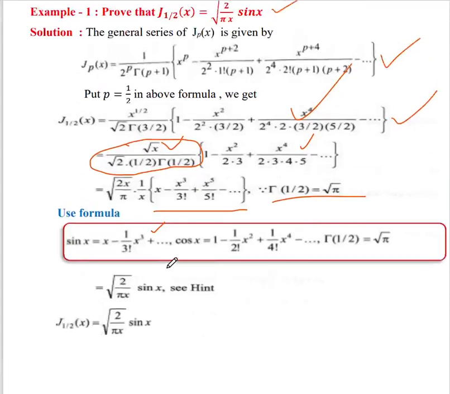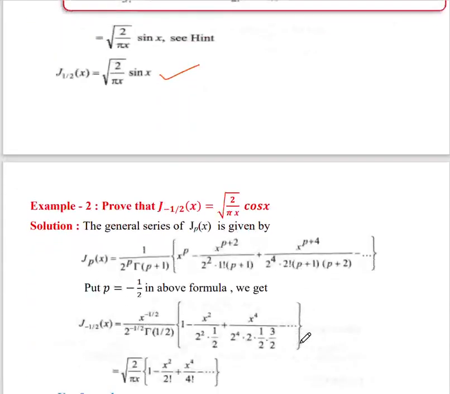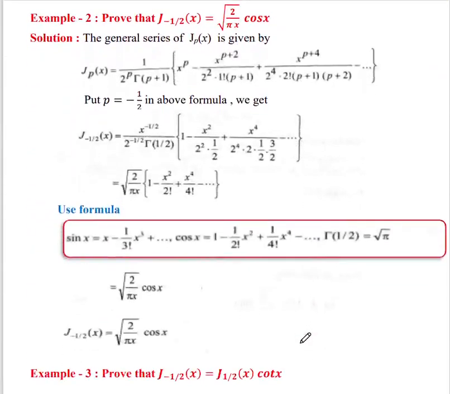Okay, so by using this formula of sin x we can prove this result. Therefore J half of x equals root 2 upon pi x into sin x, hence the result is proved. Now the second result, we will see the second problem. What is the second problem? Prove that J minus half of x equals root 2 upon pi x into